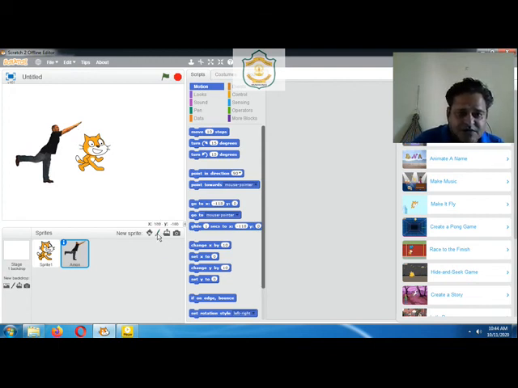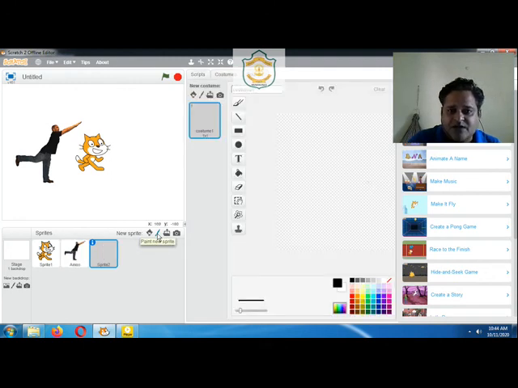The second option is to paint a new sprite. You can design or create your own sprite using the Paint application, which is also an inbuilt feature of Scratch. Here you can notice there is a paint window. Just select the tool.